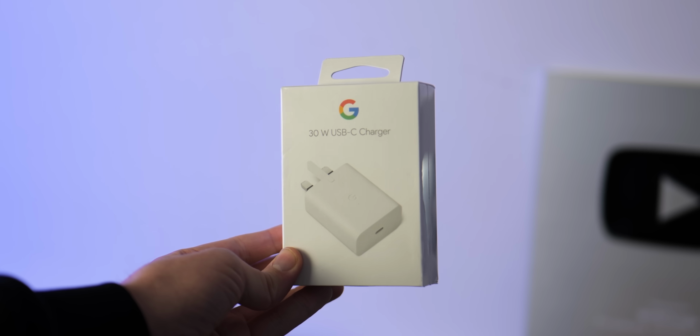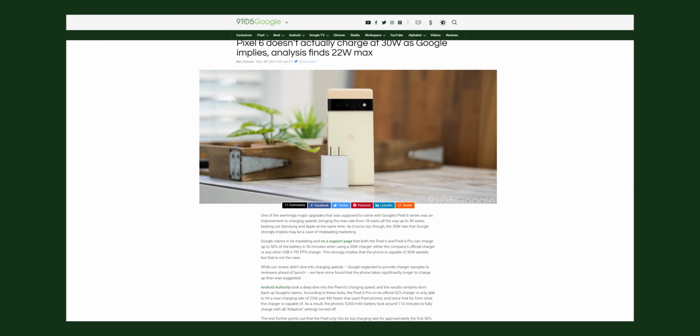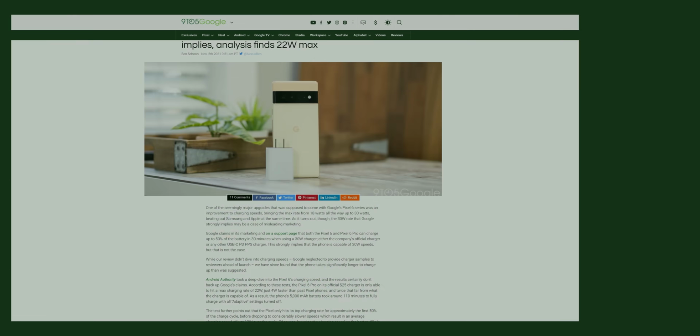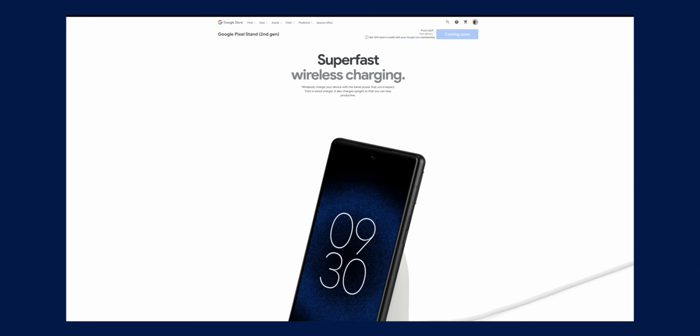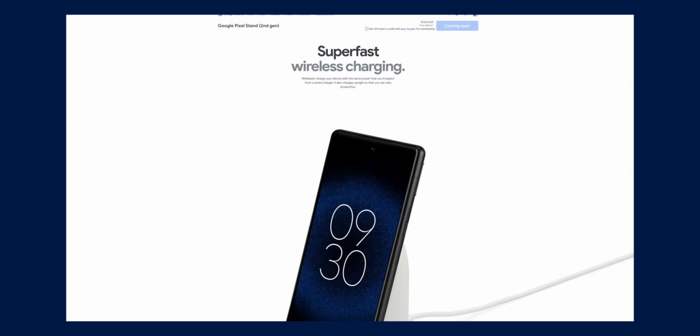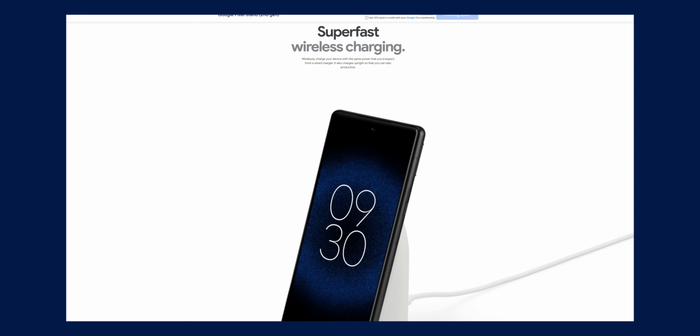And although Google advertised charge speeds at 30 watt, it actually appears to be much lower in practice. Tests have concluded that the new Pixel devices can only charge up to 22 watts via a USB-C cable. This isn't a big jump over the 18 watt speeds that you'll find on the Pixel 4, but wireless charging speeds have been said to be boosted to 23 watts with the dedicated Pixel Stand 2, which as of this video going live is not yet available to purchase, but should be available on the Google Store at some point